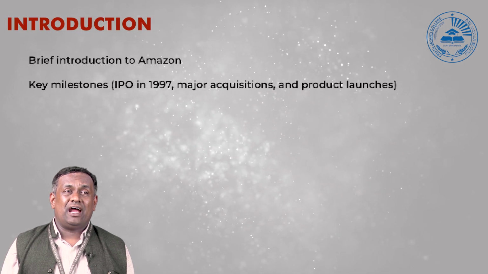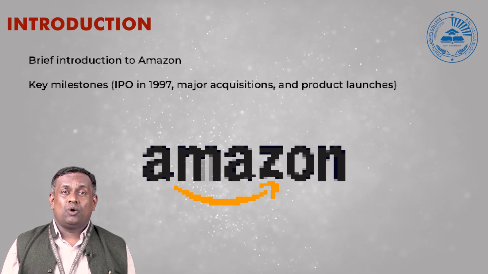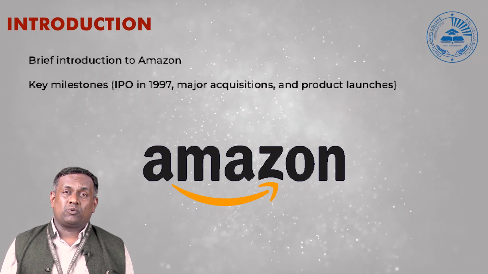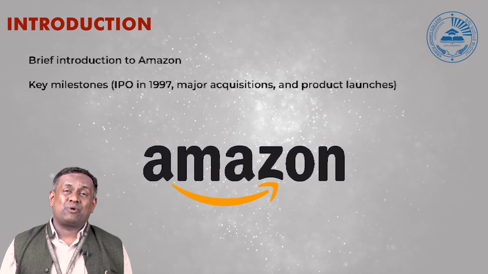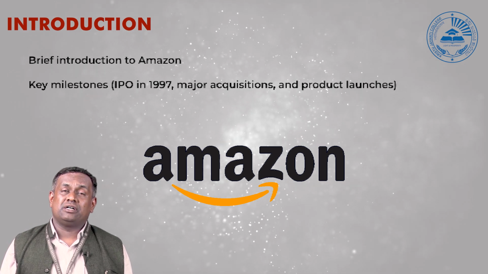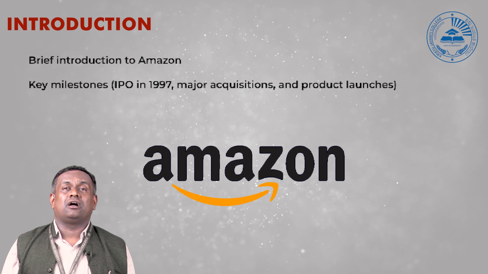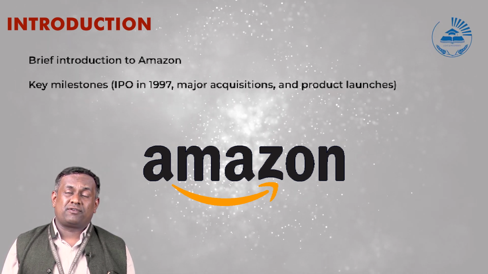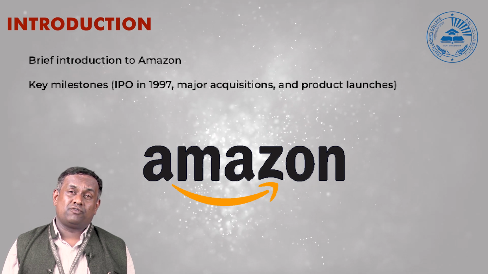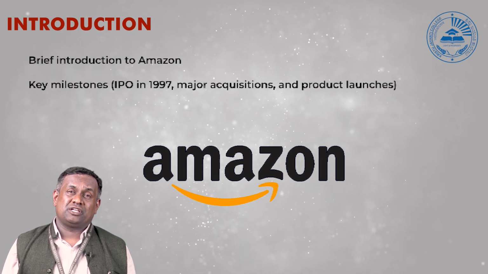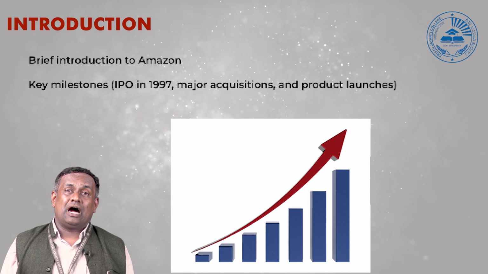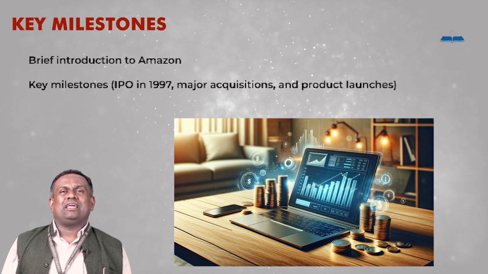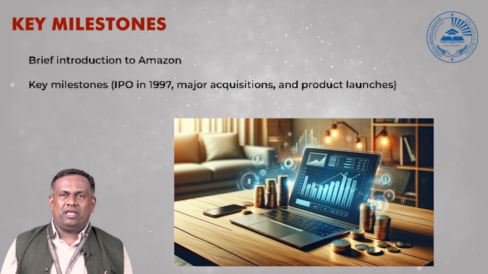We had a brief introduction about Amazon. What is Amazon, when it started, what is the share value, what were the major acquisitions, the major buying of stakes in different organizations, how it evolved, and what the financials are over a period of time. We analyzed the graphical representation of the shares, the net income and the cash flows. So we can recollect the key milestones of Amazon.